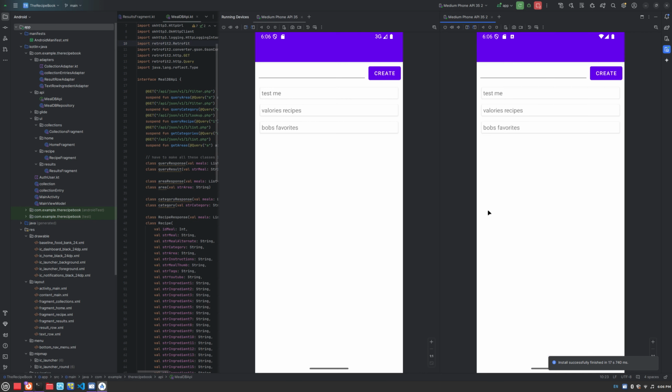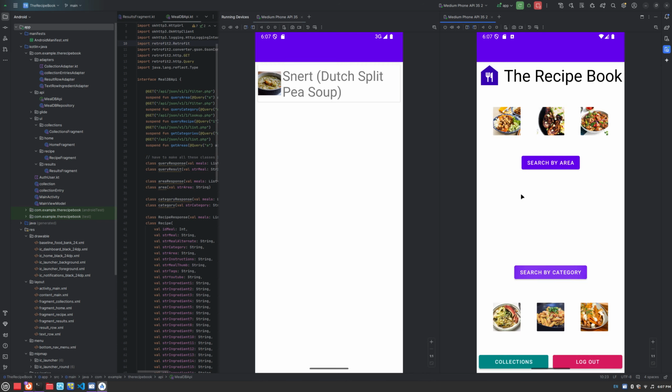Let's go over to the collections. So here we can see new, let's do just a new collection. No need to get too crazy with it, and you'll see it pops up over here on both of them. So you can also, I don't know, this guy can swipe to delete, and then it will get deleted from here. If you come into a recipe, a collection, and you add something here,